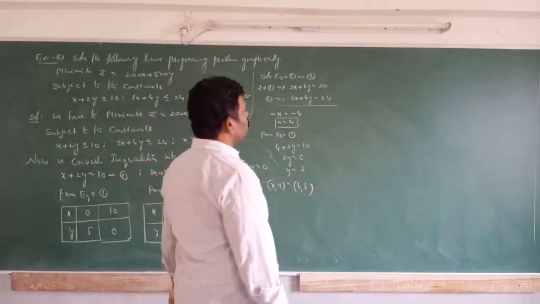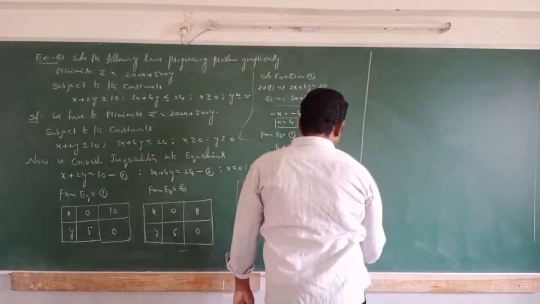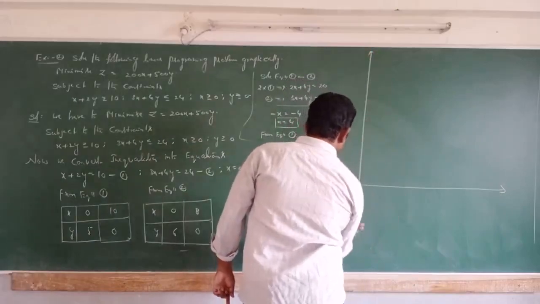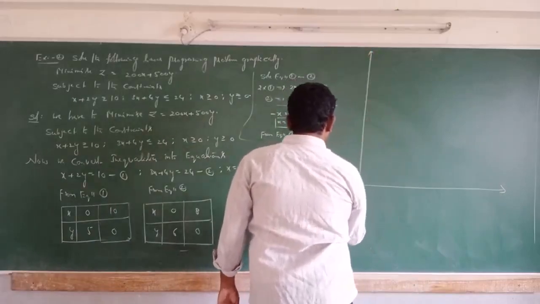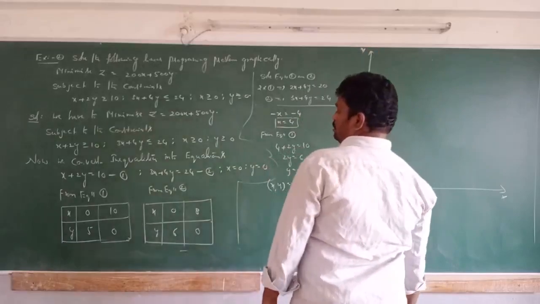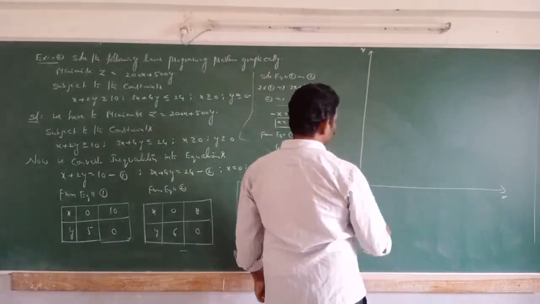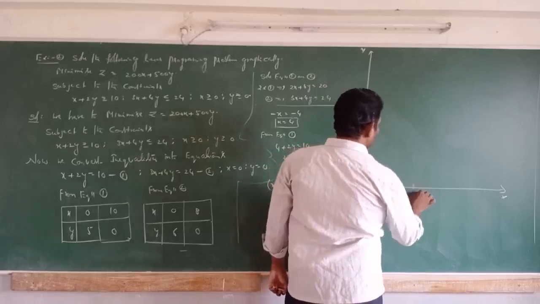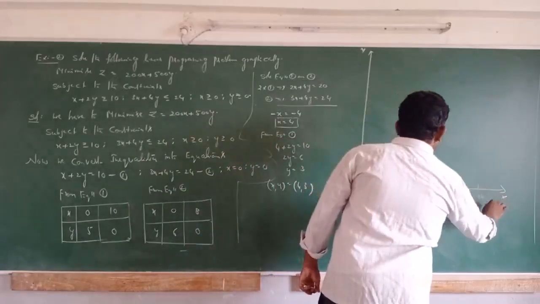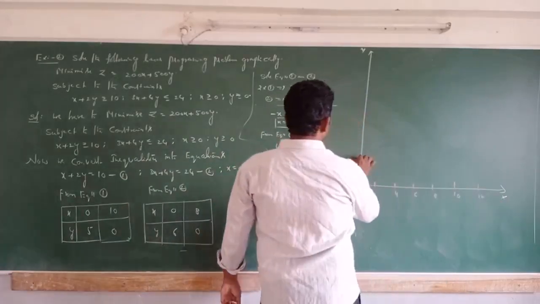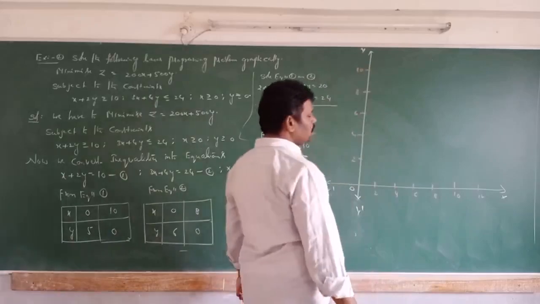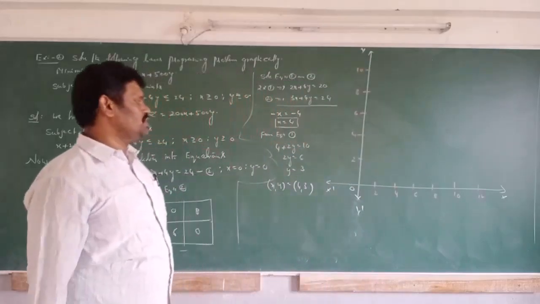Okay? Now if you want to plot the graph of the given condition, which points do you see here? This is x dash, x, this is y, and this is y dash. Now from 0 to a maximum of 10, so 2, 4, 6, 8, 10. If you want to take 12 also, the next point is maximum 8, so again 2, 4, 6, 8, and 10. So 1 centimeter is equal to 2 units.